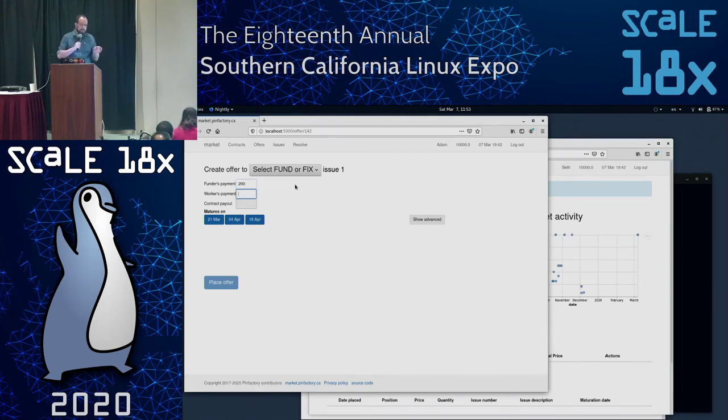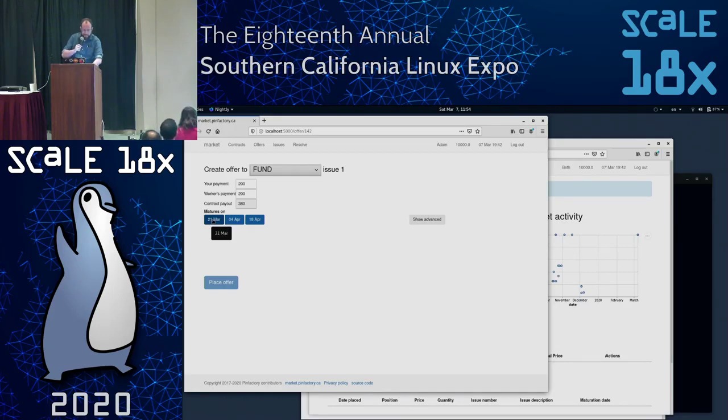And in this case, Adam gets to decide how much the other side of the contract should put up. So Adam can say, well, I want to make whoever holds the other side of this contract put up 200 tokens of their own, so that we know somebody doesn't just come along and free ride for the rewards. So we know they have skin in the game. So Adam is going to say, I want the worker to put up 200. Adam is going to say fund, because they're funding a piece of work on the project.